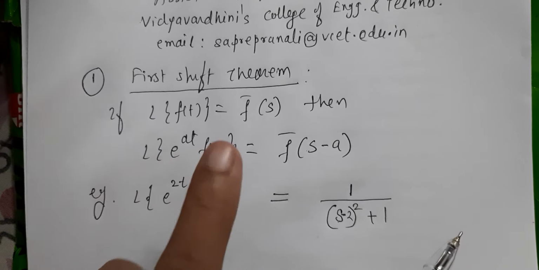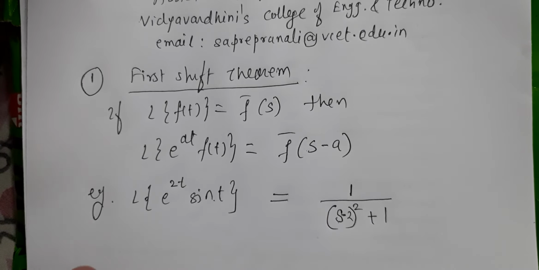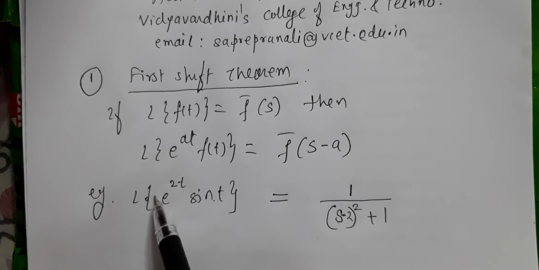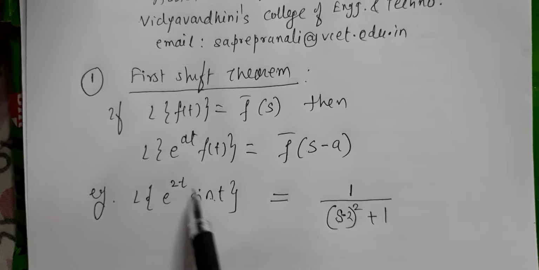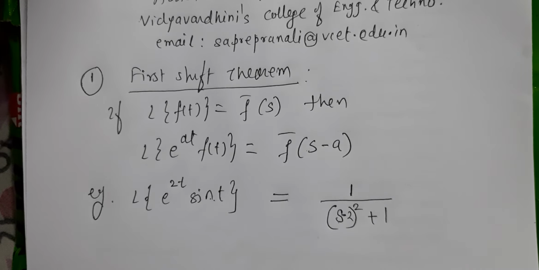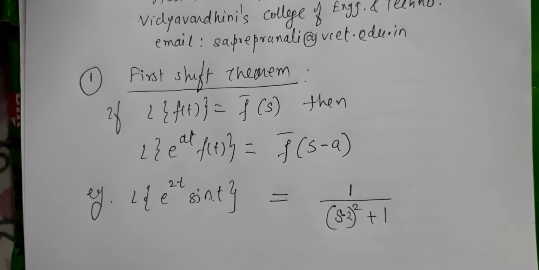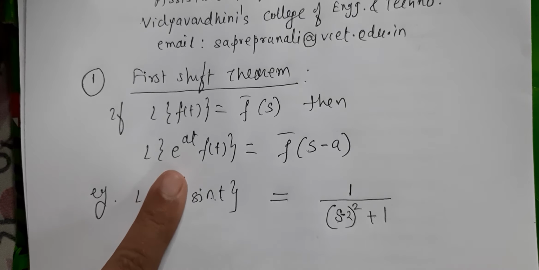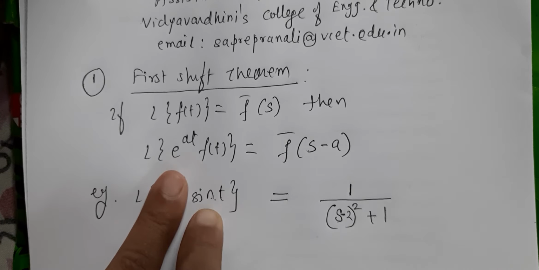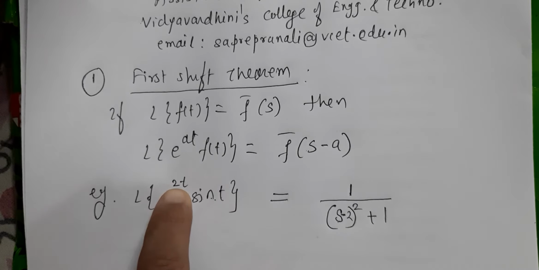Once again, this is the third time I am telling you, two important steps. First step, when to apply first shift: whenever you want to find Laplace of e raised to something into some function, we have to use first shift. So keep in mind, the moment you see e, it is first shift. Just keep this fixed in mind. Second thing, how to find: hide e, whatever is the remaining function, get its Laplace, and in that Laplace, replace s by s minus a, that is, here it is s minus 2.